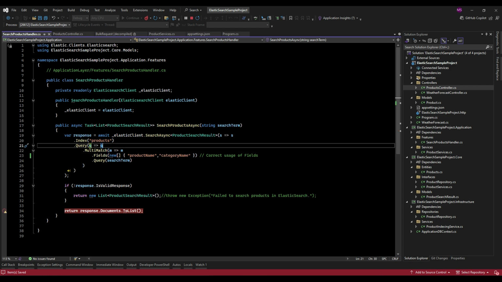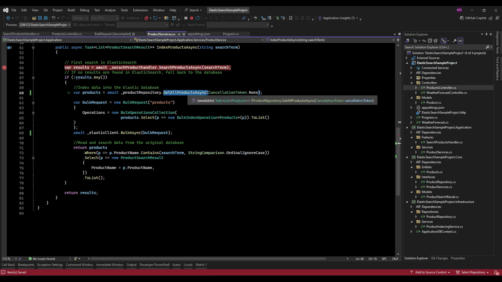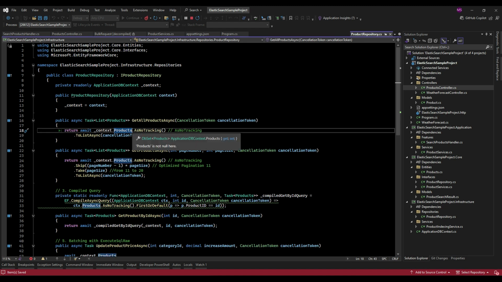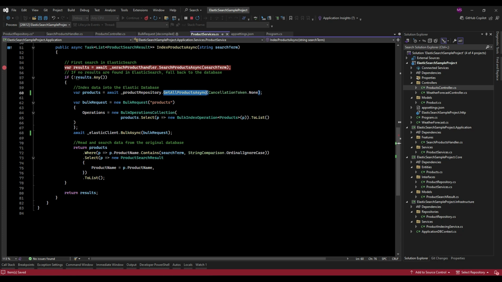However, here's something important. Both the SQL Server side and the Elasticsearch side need access to the category name field. In SQL Server, that's already part of the products table, and in Elasticsearch, we just need to make sure that the field is indexed properly. Once both sides have access to this field, we can modify our SearchProductsAsync method to search across product name and category name fields. Then users can search for products like Chef or Alice from both product names and categories, getting even more accurate and meaningful results.